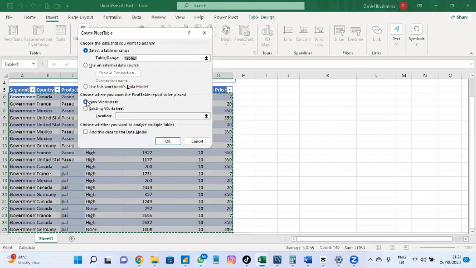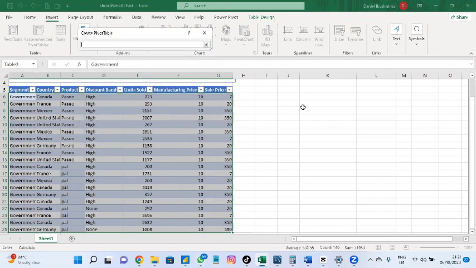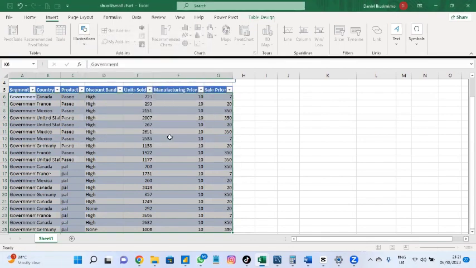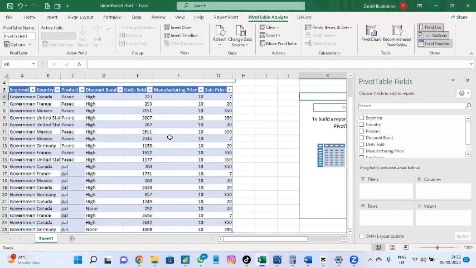If it is new sheet, if I click this new sheet, it will go to a new sheet. But if I click existing sheet, it will ask me for the location where I want it to be. But I want it to be on this existing sheet so that we can always work here together. So I click existing sheet. So I choose a location. Let me choose the location here. This is where I want it to be. So if I go back and press this button and press OK, my pivot table field is already created by